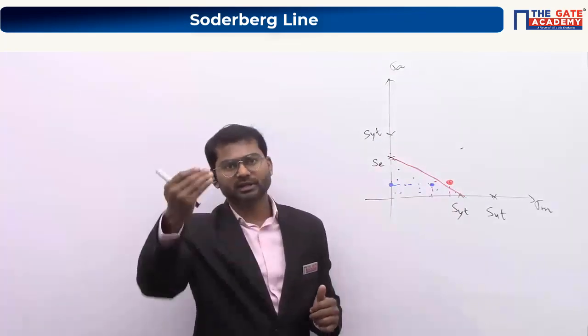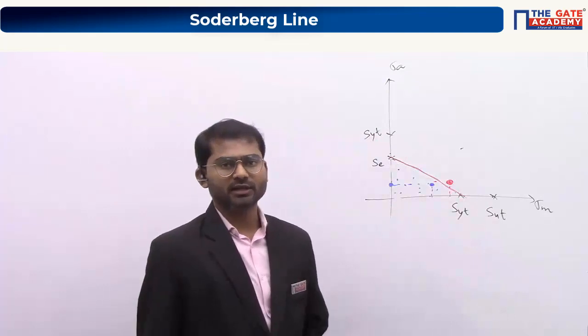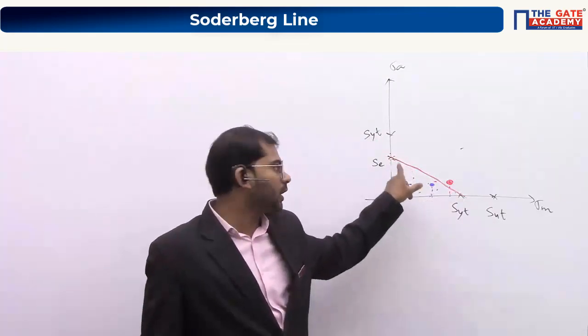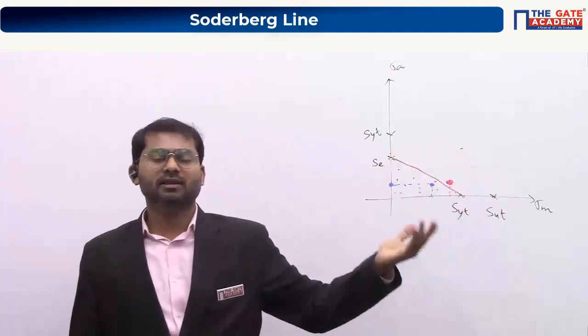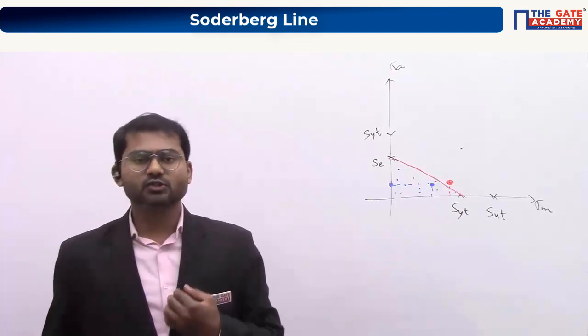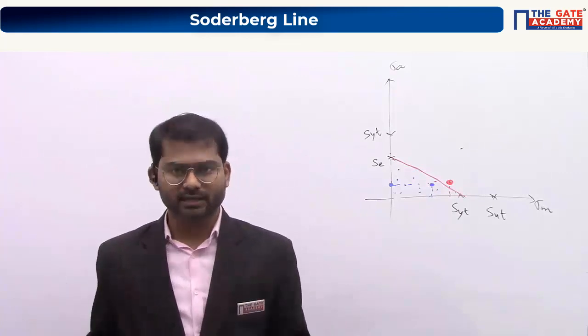That is what Soderberg did. Soderberg came to this particular line by doing experiments. He took all the points outside this line and inside the rectangle, and he understood that this is not satisfying the experiment, so he came up with this line here. From his experiments he came to know that if the points sigma mean, sigma a are on the line or above the line, outside the line, the failure will happen, otherwise not. Clear now? As far as machine design is concerned, we take the results from the experiment directly.